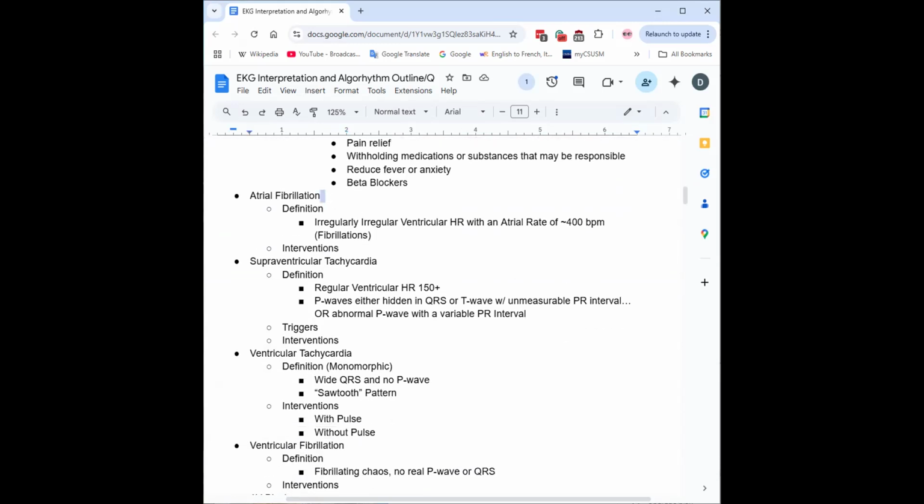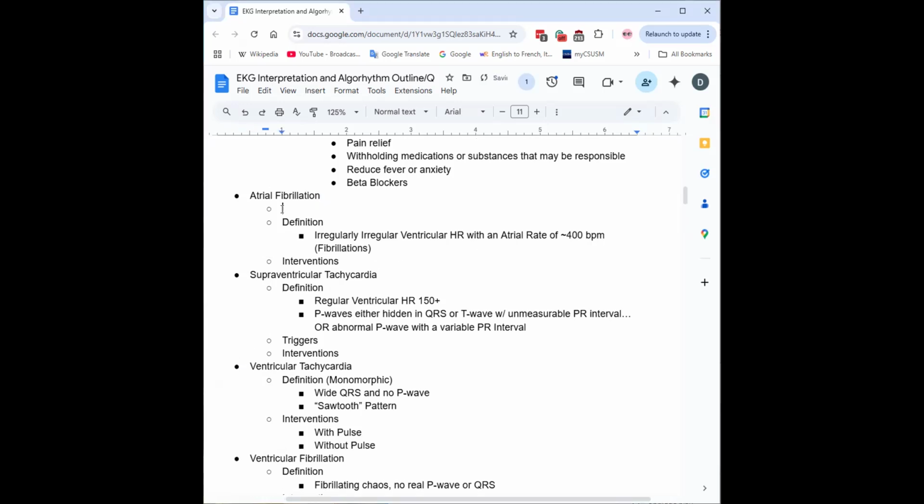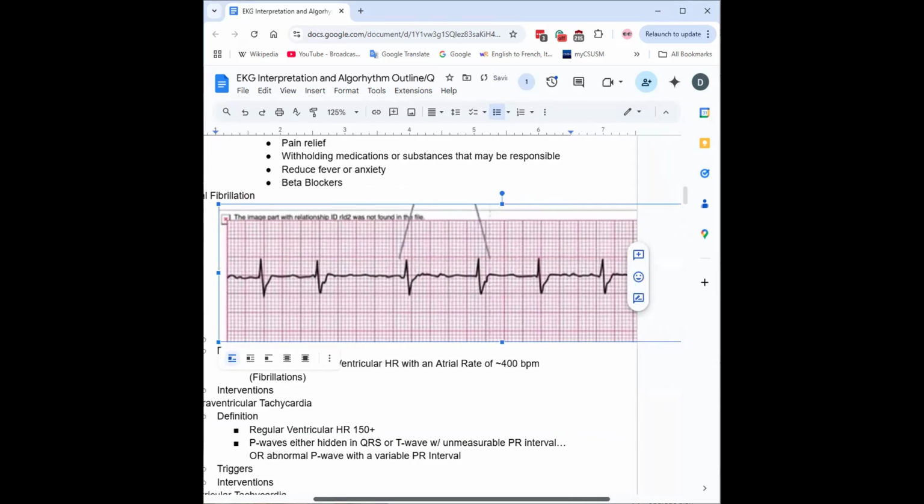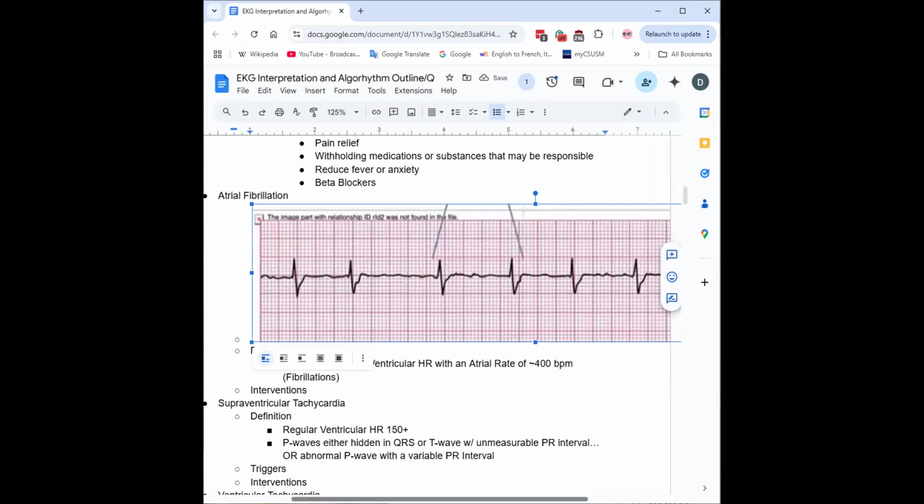Cool beans. So now atrial fibrillation. Let's take a look at what that looks like here. So AFib. Boom, boom. Oh, that's not AFib. This is AFib. Okay, so this picture here, you can kind of see it's not the best quality picture, but